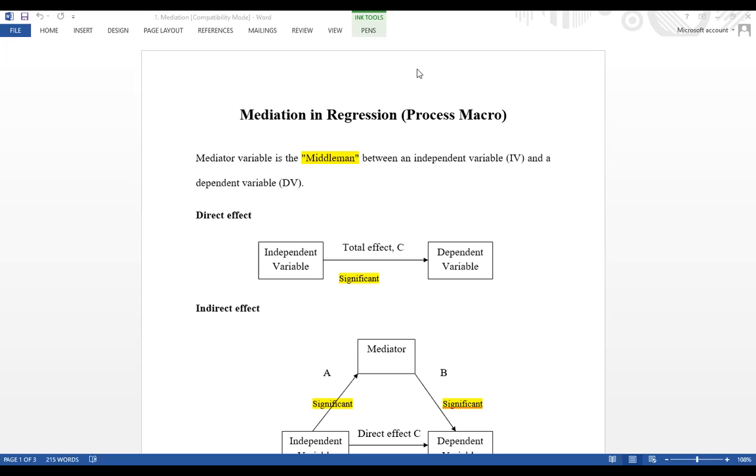ठीक है, चलिए, now the mediation in regression. We can perform it through process macro also, because when we use the mediation technique in SPSS, it is a long process, थोड़ा बड़ा लंबा है, but process macro is an add-on software for this, इसमें थ्रू प्रोसेस मैक्रो वी कैन इजीली इसको कर सकते हैं।